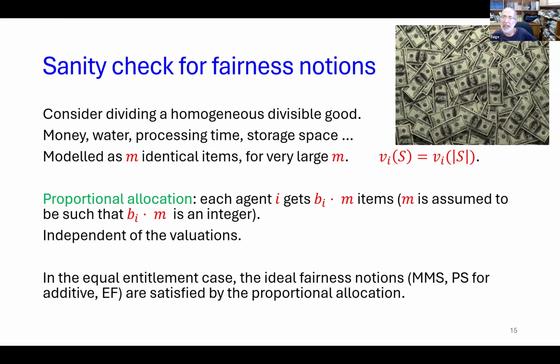The number of identical items that they get is just b_i, their entitlement, times the total number of items that there is. And we would not even ask them what their valuation function is. So let's say if you want to divide water equally, you don't start asking them how much is 1 gallon of water worth for you, maybe how much is 2 gallons of water worth to you. Is it twice as much as 1 gallon, or maybe not twice as much? You don't even ask this. This is the allocation that you do. So in a sense,